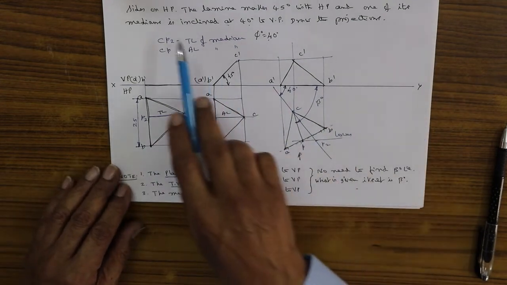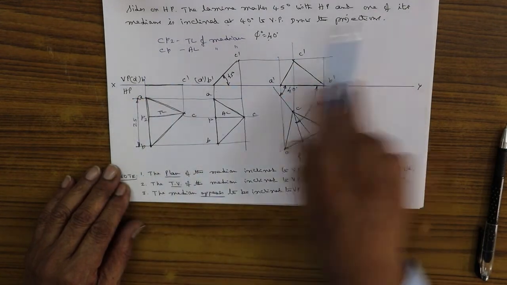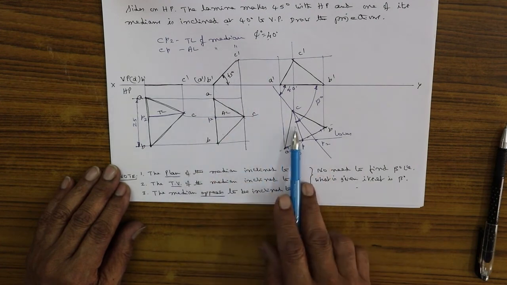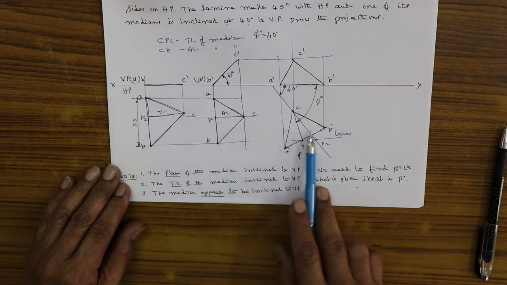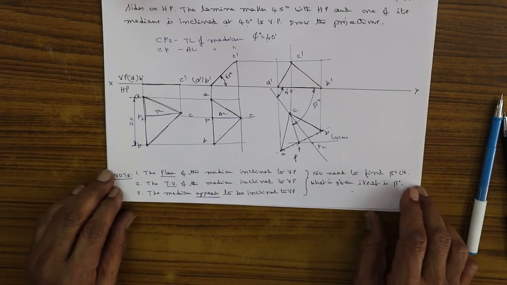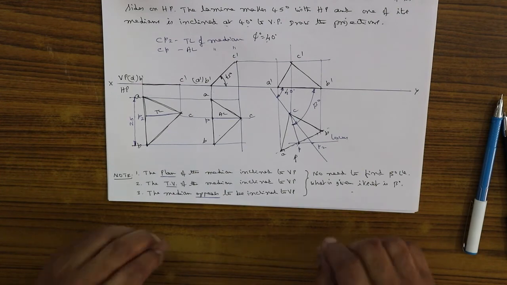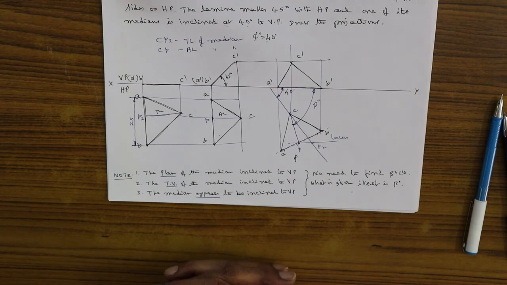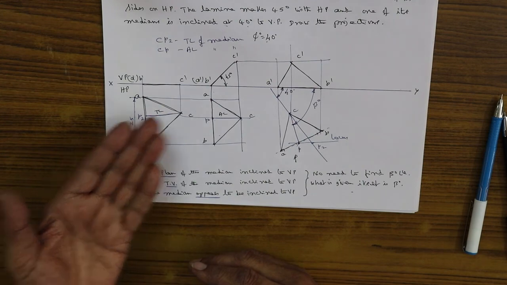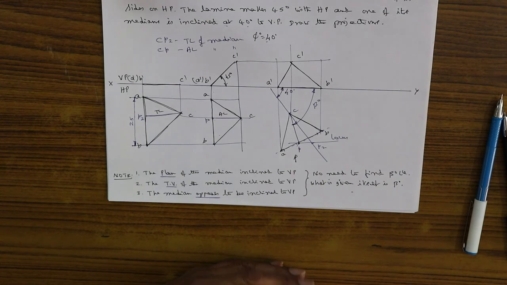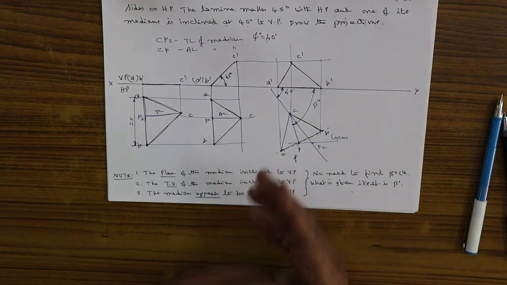In this case, it did not say plan of the median inclined. It said the median inclined to VP. That's why I took the angle phi. From the phi angle, I found the beta. Then the figure shifted for the beta angle, got the final figure. That's why you should find out whenever the true angles are given, if beta angle is necessary, you find the beta angle. When you find such kind of wordings, no need to find the beta. Directly take the angle and proceed with the answer. The final I can say is the triangular lamina standing on the side, one of the median inclined to VP at 40 degrees. With the beta angle, I could make the construction and got the final front view.